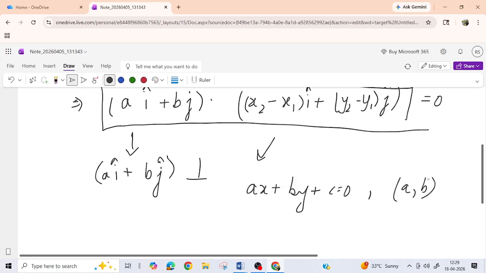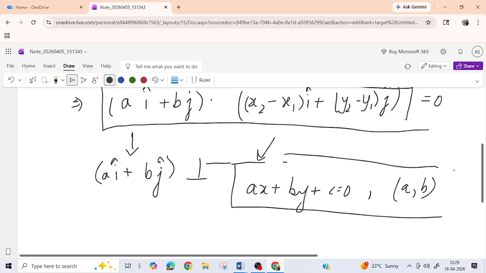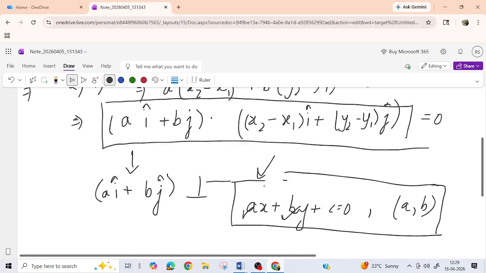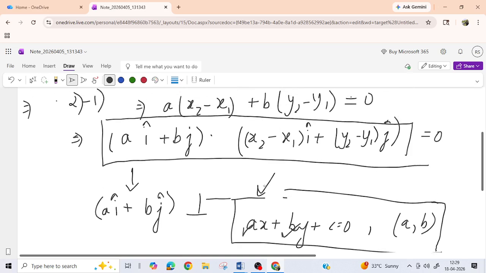So this is the vector which is perpendicular to this. When I started out, it was a bit confusing, as I used to get confused: are these the coefficients, right? So how can this be perpendicular to this line? But as I showed, if you follow this method, then you would easily remember